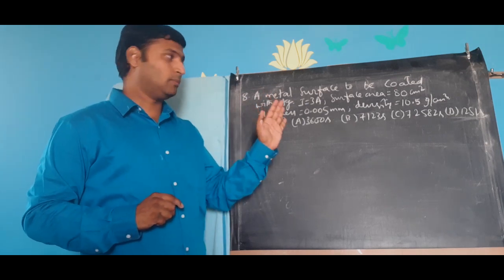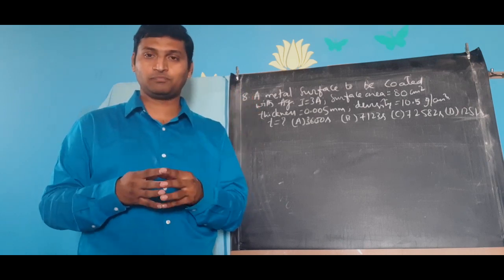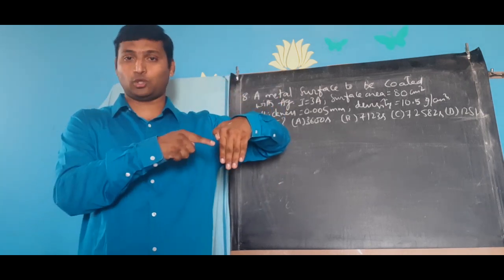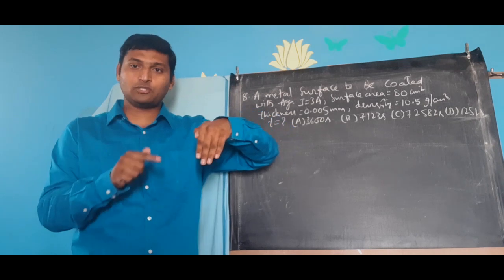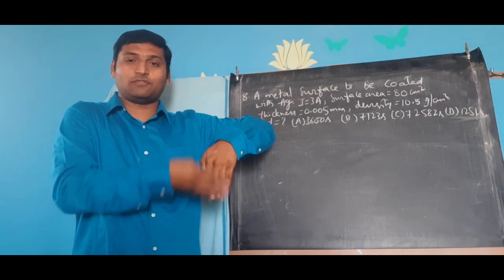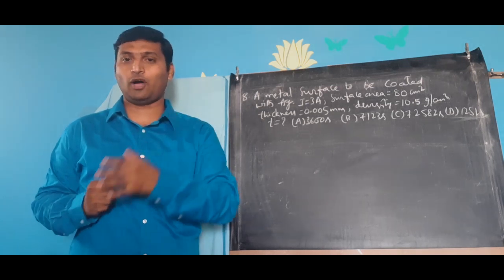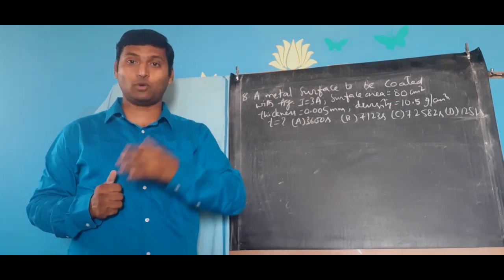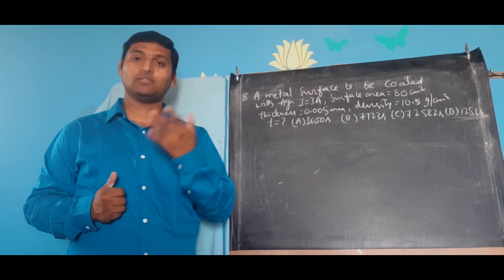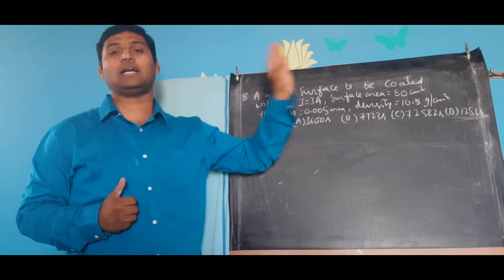A metal surface has to be coated with silver. Now, we electrolyze silver nitrate solution. When we electrolyze silver nitrate solution and take this metal which has to be coated as cathode, for example, then what happens? From solution, the silver cations get reduced at cathode and deposit on the surface of this metal, and that gets coated with silver. That's how, you would have seen in the market, the 1 gram gold, like that, or the articles being coated with some precious metals and all. The coating is called electroplating.